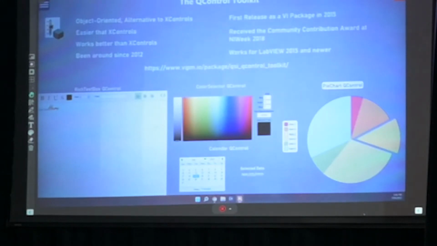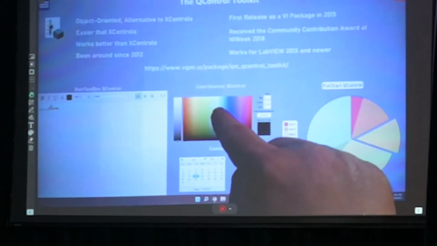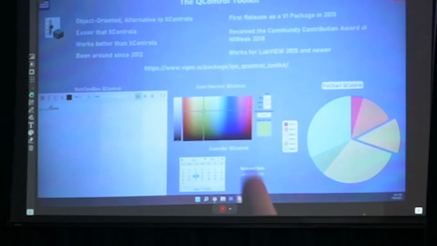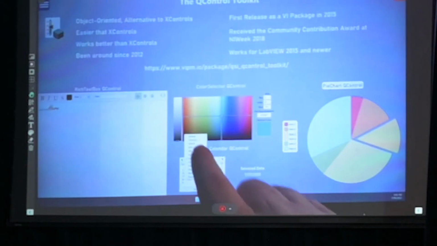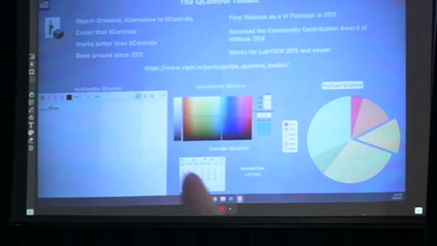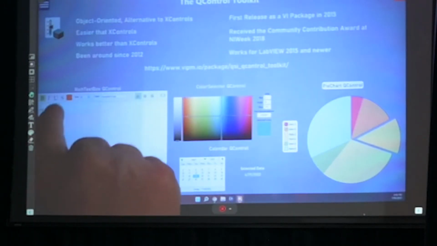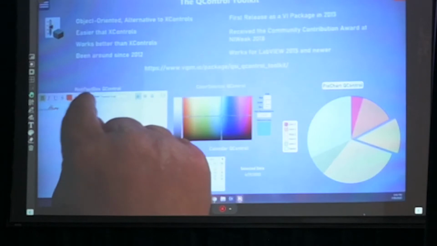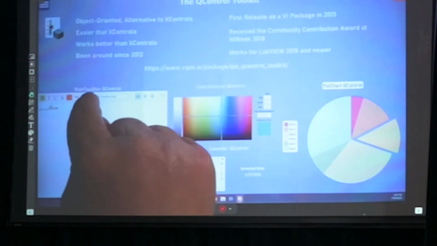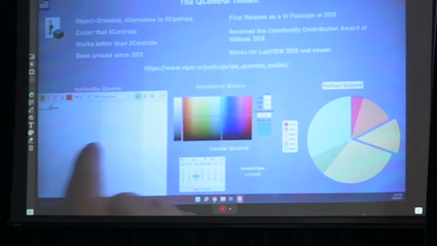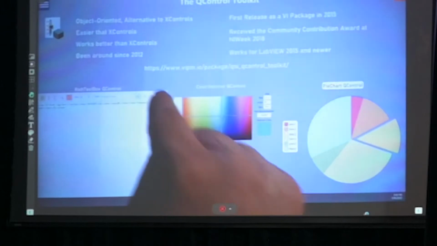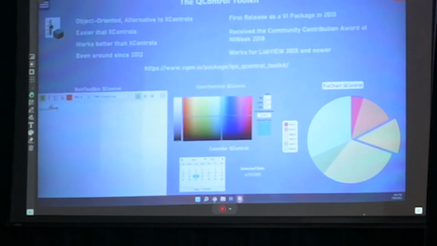These other few that I have as examples here are not really geared for a touch screen. Like, they're really small, but you get the idea. There's a calendar. Let's see if I can pick a different month here. And then I also have a rich text box where, let's see, we can try to make the text larger, maybe. I don't know. It's kind of small here, but that's okay. And it stores kind of an HTML-like text under the hood to do that rich text box. And so if you have any questions on those, I can talk about those later, but we're going to talk about